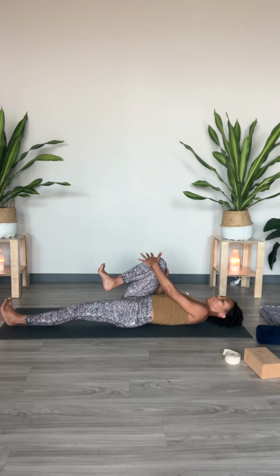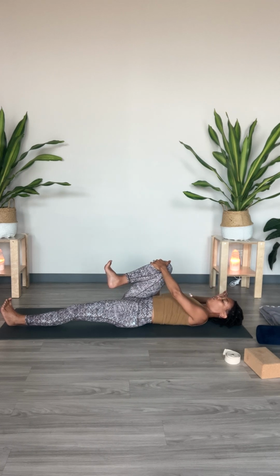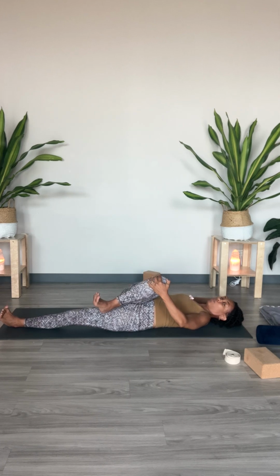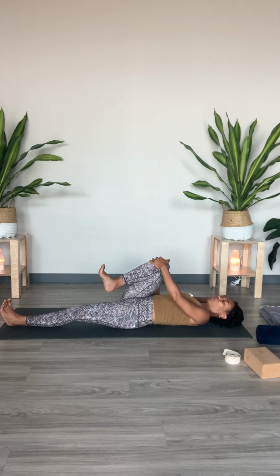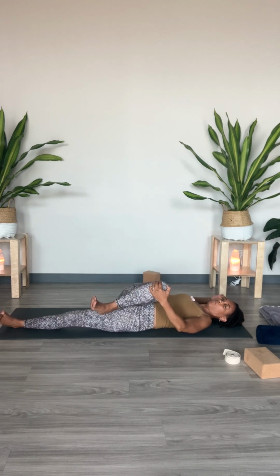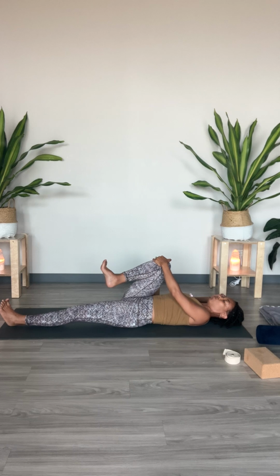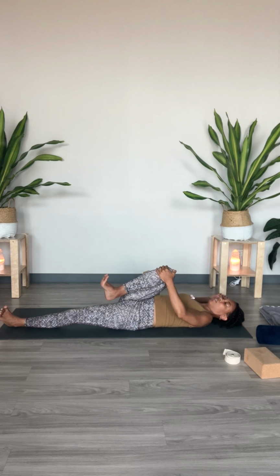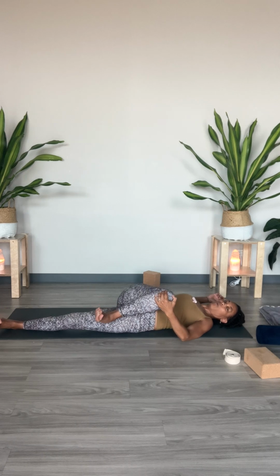Exhaling, switch hands, take left hand to knee, bring right arm out like a goalpost, bent elbow at the height of the shoulder, back of hand resting down on the floor, or long arm is fine too. And see about pulsing in and out in the direction of a twist to the left. So you're going across the body a little bit, then releasing, going across the body a little more, then releasing back to a place of centeredness, and then going a little further,